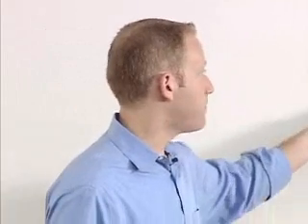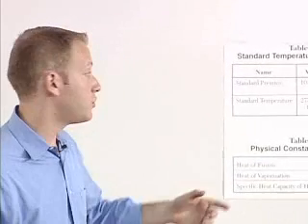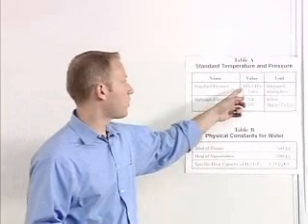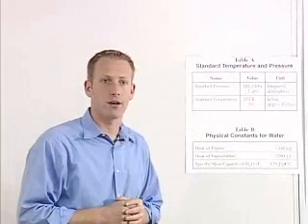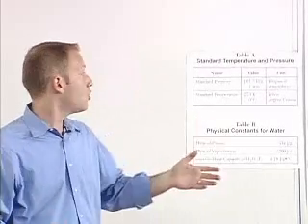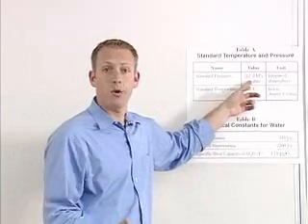You set it up the same way. P1 V1 over T1 equals P2 V2 over T2. Okay, well, the V1 is 2. But wait a minute. What's the P1 and T1? Oh, it's STP. Oh, we go to Table A. STP. We know it has to be in Kelvin, so 273 goes right on the bottom. But what kind of pressure do we use? Do we use 101.3 kilopascals or 1 atmosphere? Well, since the other part of the equation shows 80 kilopascals, we're going to use the kilopascals, 101.3, to be